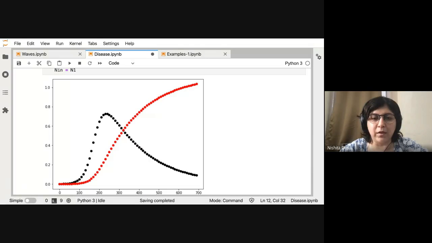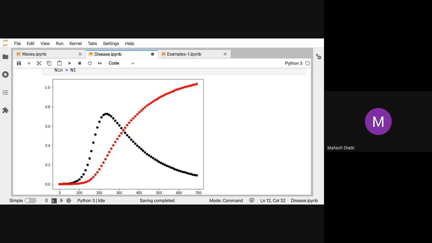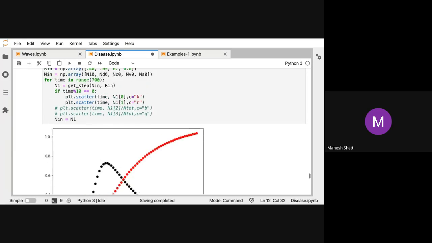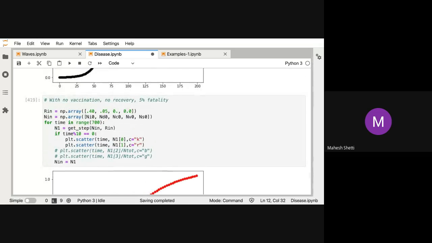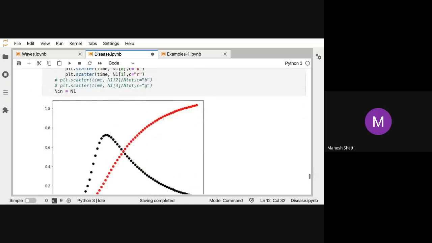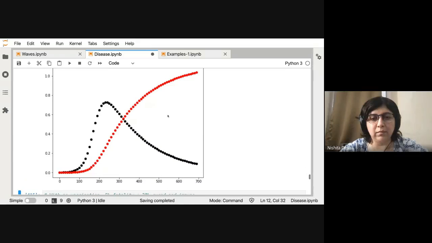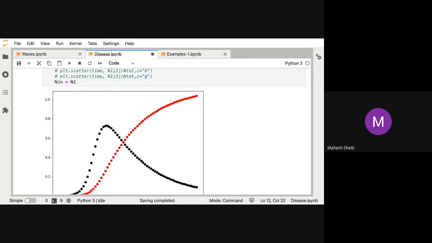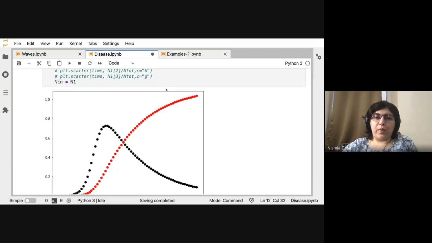The curve looks different. Okay. So the difference between this case and the grid case is that in the grid case you are looking at individuals, whereas here you are talking only in terms of numbers. Yes, only statistical properties.